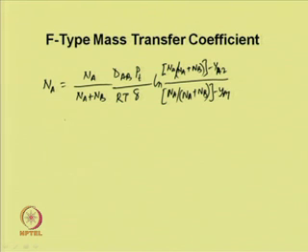So, this we can write equal to Na by Na plus Nb into F